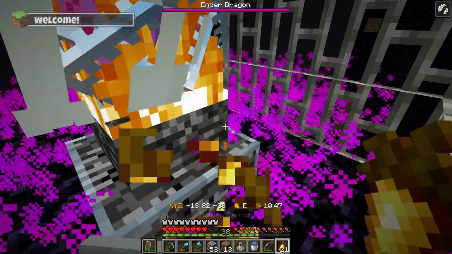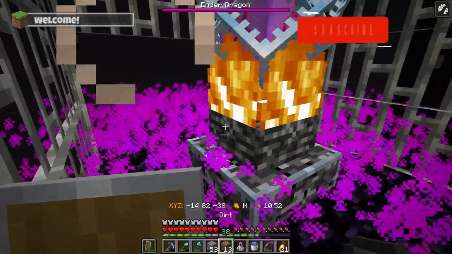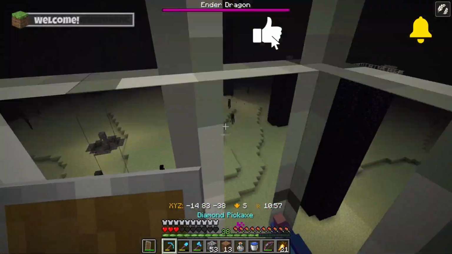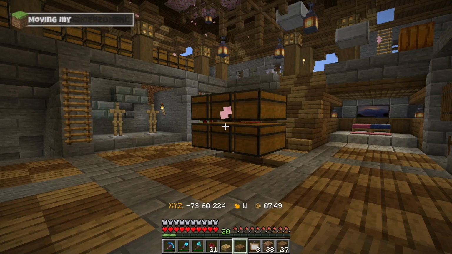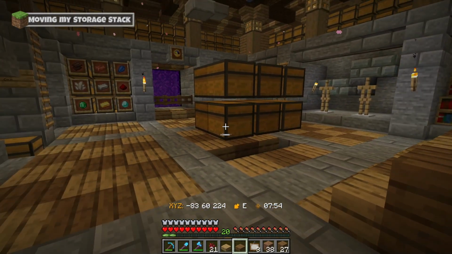Welcome back. In this episode we are moving my storage stack, brushing up on some horse stables, finding the stronghold, and fighting the dragon. So this is my storage stack in the middle of the storage room, which kind of